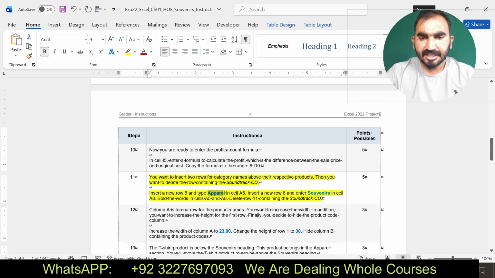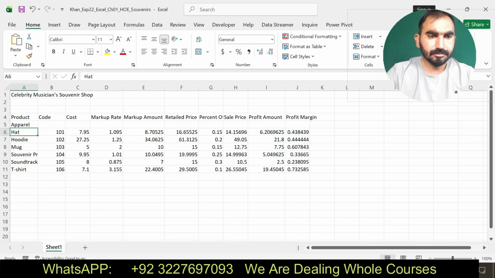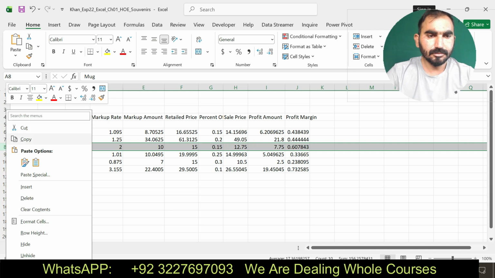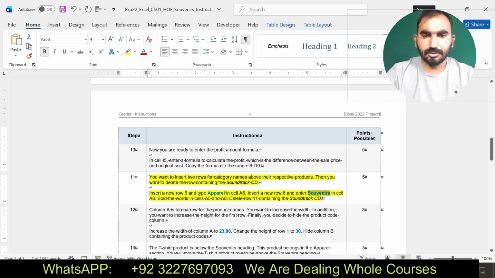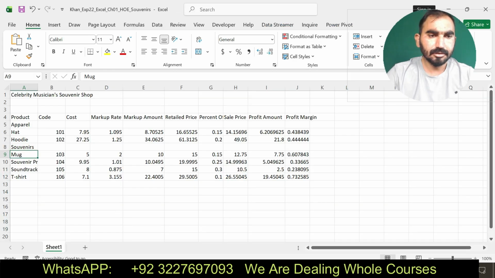Next it says insert a new row 8 and type solvers, both the words in cells A5 and A8.